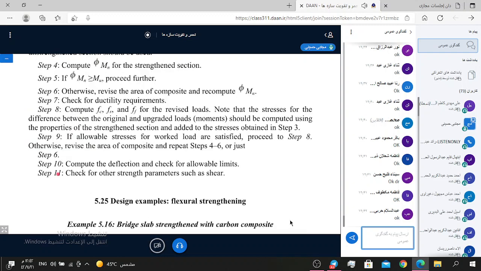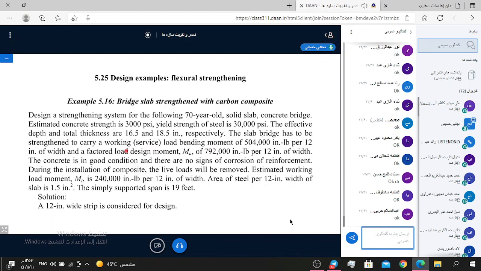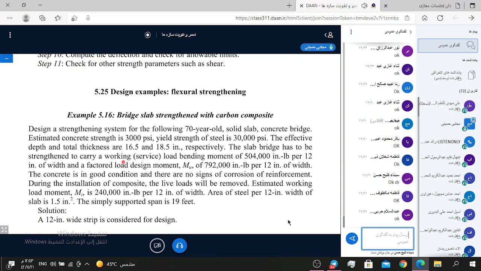We have about 11 steps, and in here we want to design one beam, or here a bridge slab,